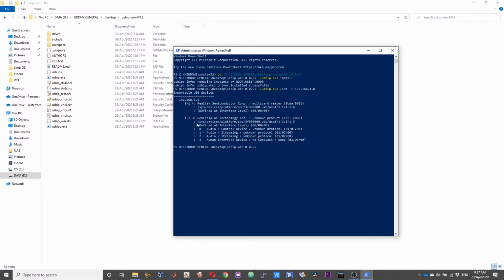Now the two devices that we attached to the USB IP server have been listed. To attach these devices locally, the command will be ./usbip.exe attach -r 192.168.1.8 -b followed by the bus ID, 1-1.4.